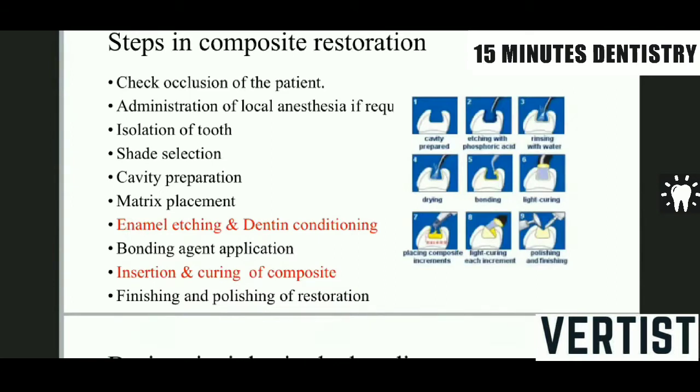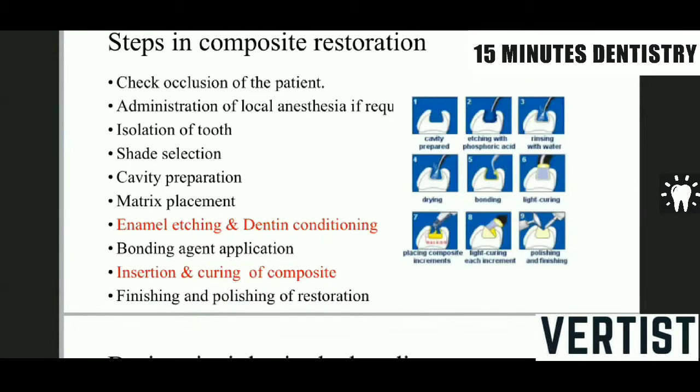Now then you have to put a bonding agent. After application of the bonding agent, you have to cure it, and then again start inserting the composite inside the cavity, and then cure it, and then finally finishing and polishing. Now out of all these steps, enamel etching and dentin conditioning is again a short note which is commonly asked. Bonding agent is another full topic by itself, but you need to know the generations, which types of bonding agents are there, how they are supplied and how they are supposed to be used, what is the content of bottle A and bottle B, and if they are single bottle systems, what they are made up of.